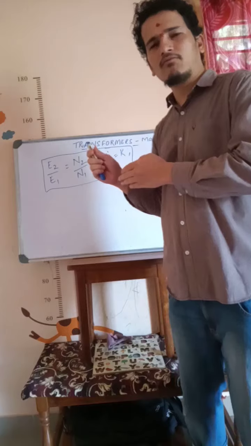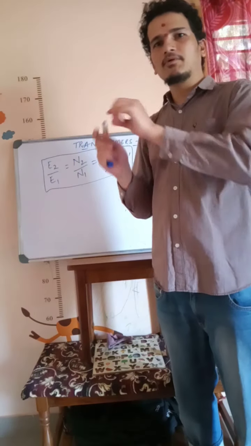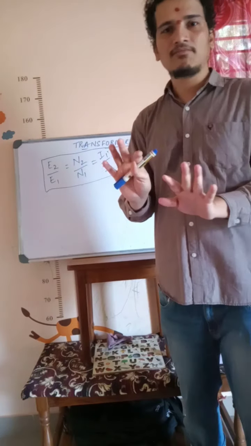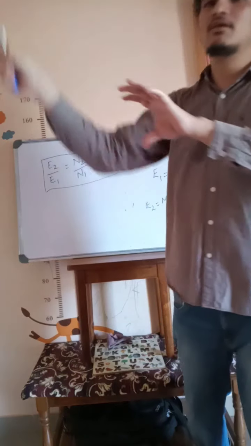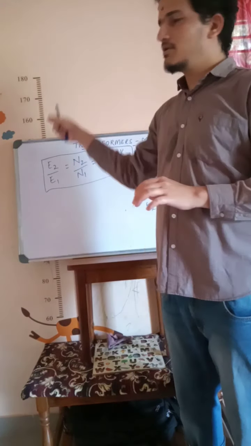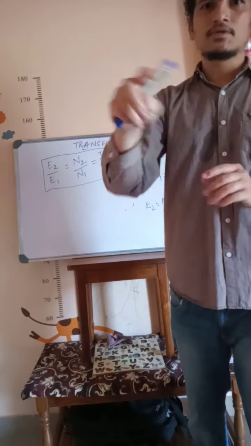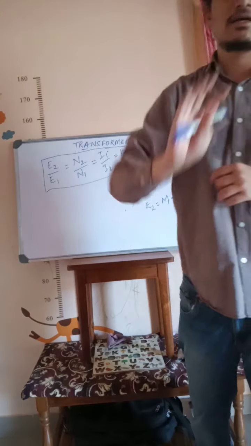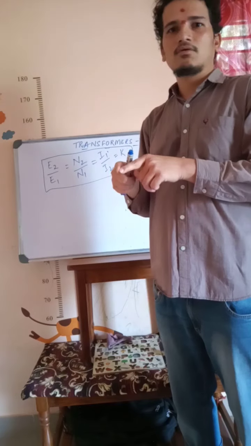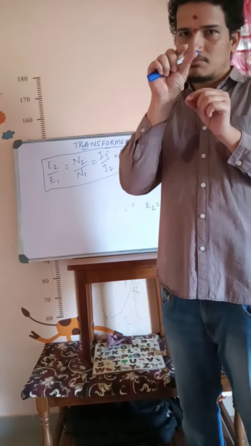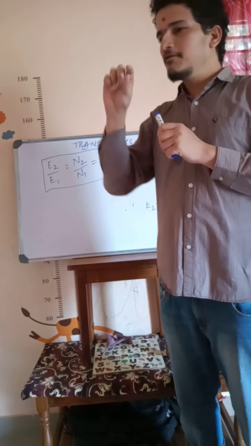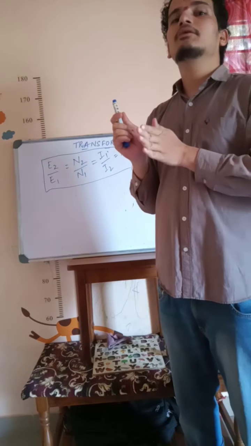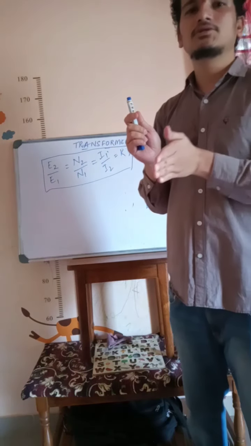In the smaller pipe, it will come with tremendous pressure. If it is a bigger pipe, it will come with low pressure. But the volume of water in the tank is the same. If you use a big pipe, the same volume of water is transferred to another tank placed here. But you have used a big pipe for case number 1, and for case number 2, you have used a small pipe. What happens in the small pipe? The pressure of the current will be higher.